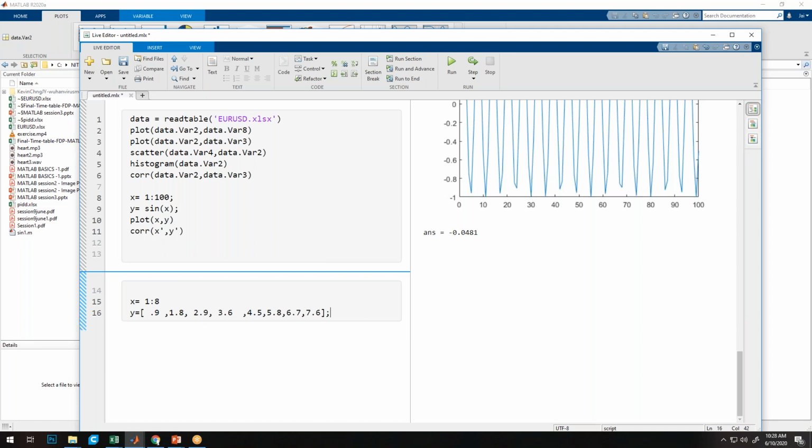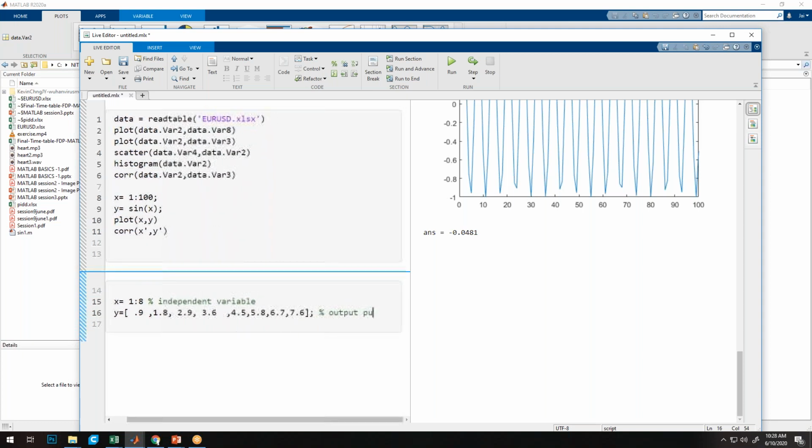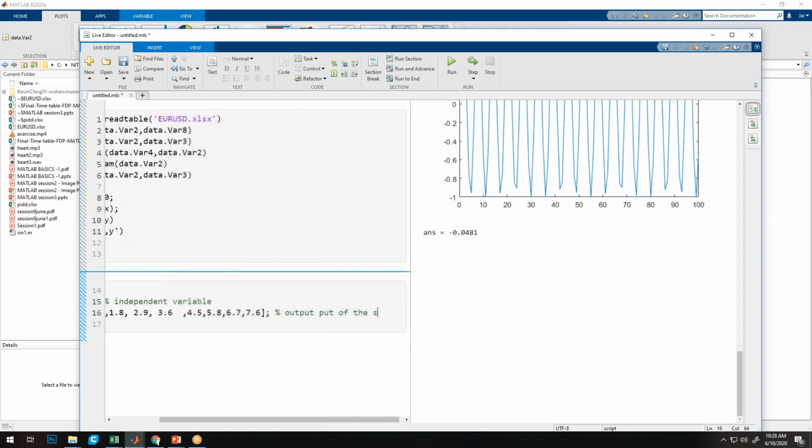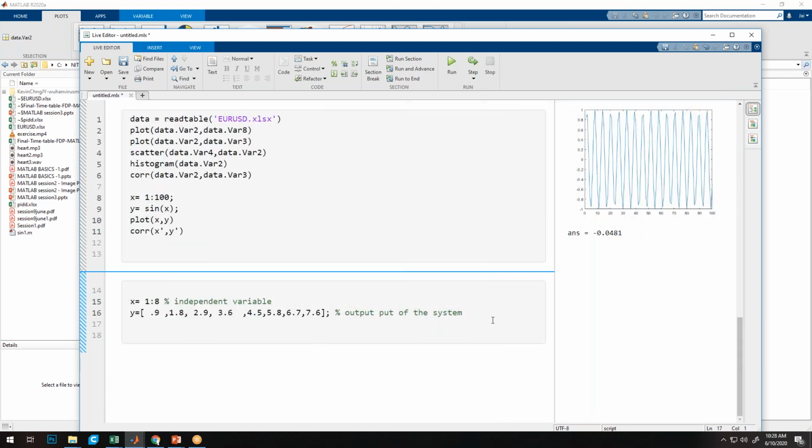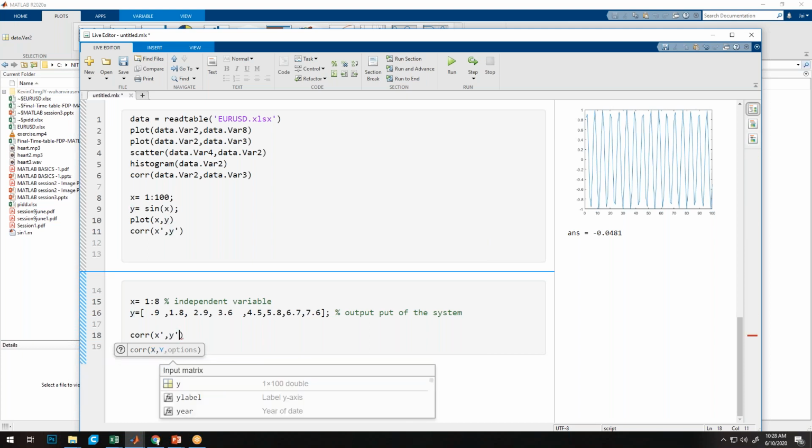If these are my two experimental data sets, where x is my independent variable and y is my output from the system, then in this case, if you want to see the correlation, we directly put correlation x transpose comma y transpose.